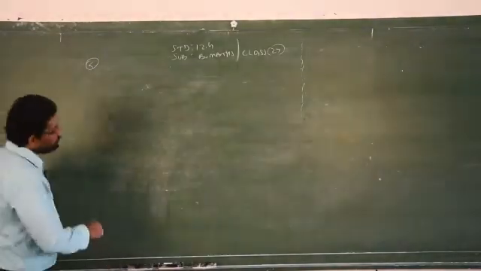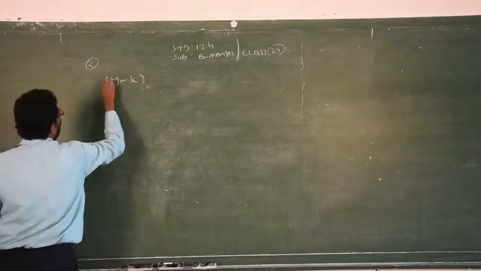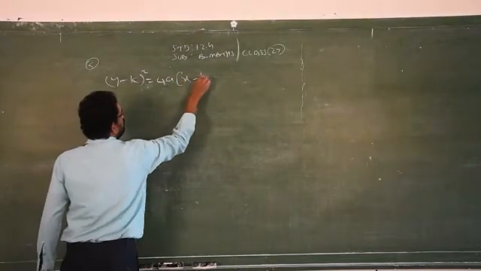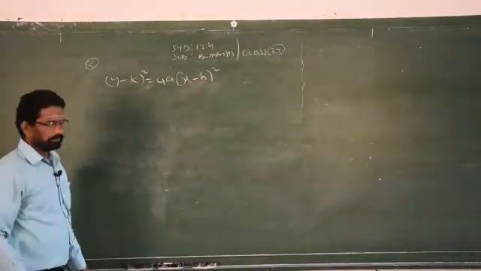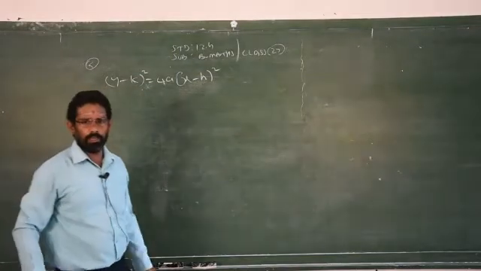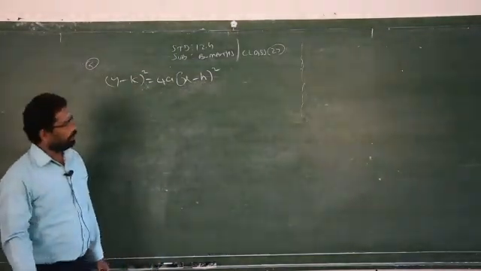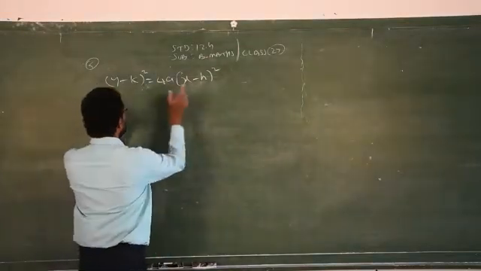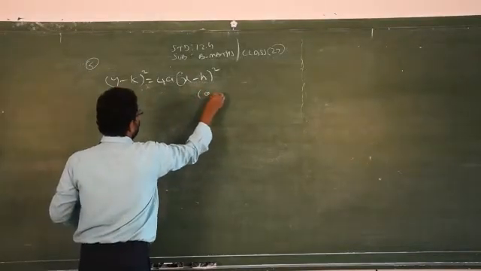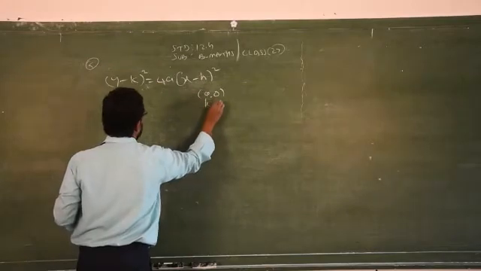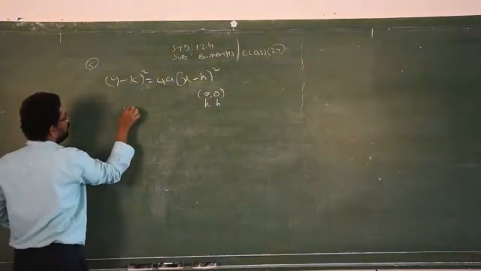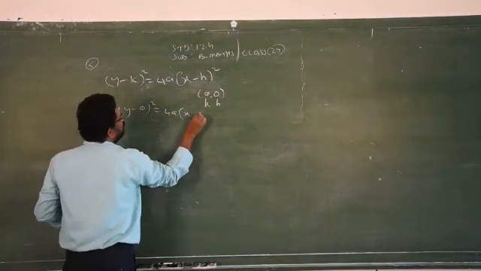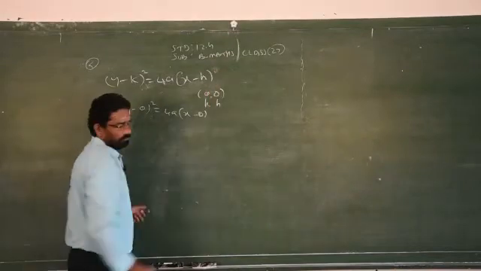You have the equation like this: (y minus k) the whole square is equal to, with no change in the latus rectum, therefore 4a times (x minus h) the whole square. Same. So this is the general formula for the parabola passing through either the origin or some other points. For example, if I say that the center of the parabola is (0, 0), then k and h are replaced by 0. Replace here, you will get (y minus 0) the whole square is equal to 4a into (x minus 0). Clear?